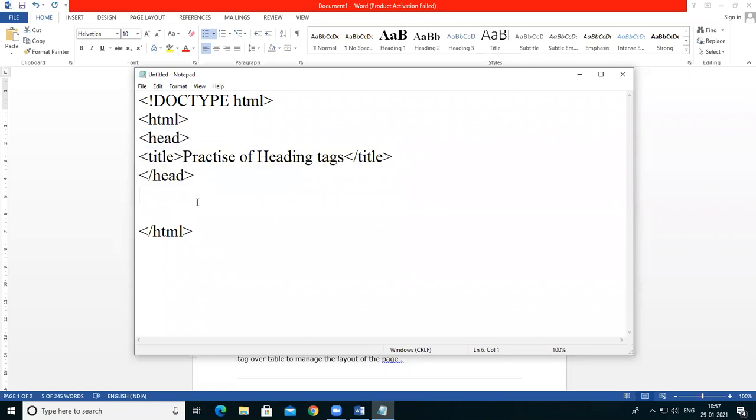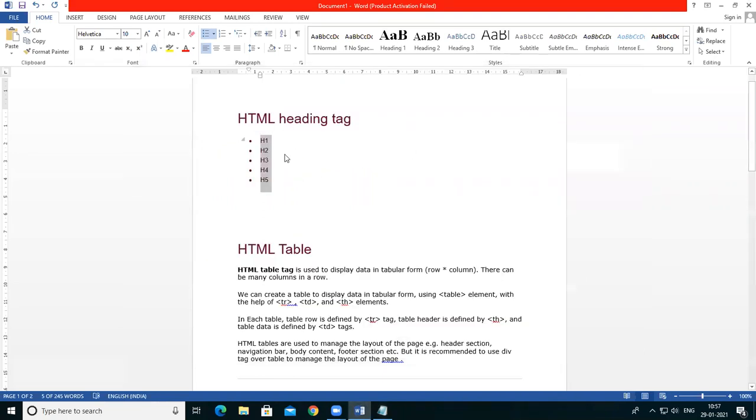After that, I want to write the data on the web page. I want to create a web page for a particular website, so I use the body tag. All of the code is written in this body tag. Suppose you want to write any heading on a web page, so one of these heading tags is used here.